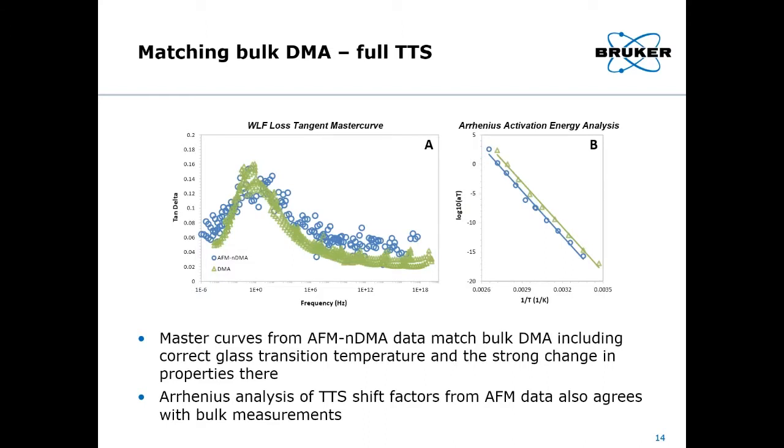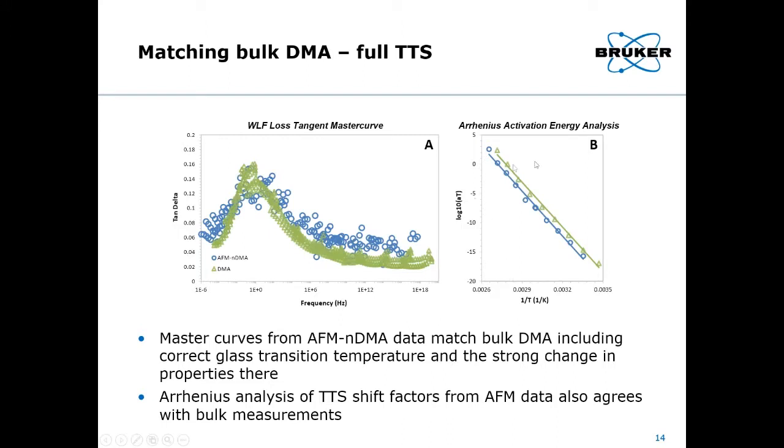Well, it looks pretty good, actually. So our green points are the bulk DMA here, looking at the loss tangent, and the blue is the AFM-nDMA. And so we have a spectra that's covering around 20 decades of frequency now, that's based on measurements that were done between 0.1 hertz and 300 hertz. And so we shifted a bunch of those spectra, and these are the log base 10 of